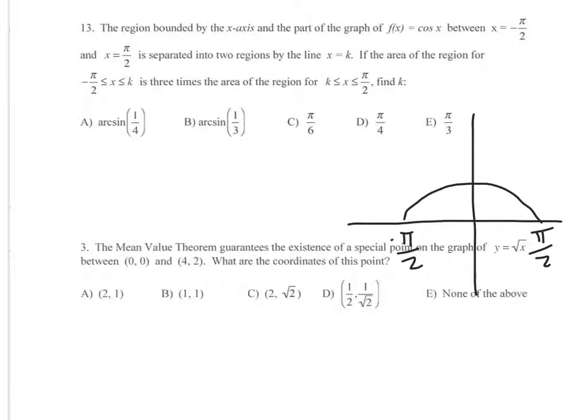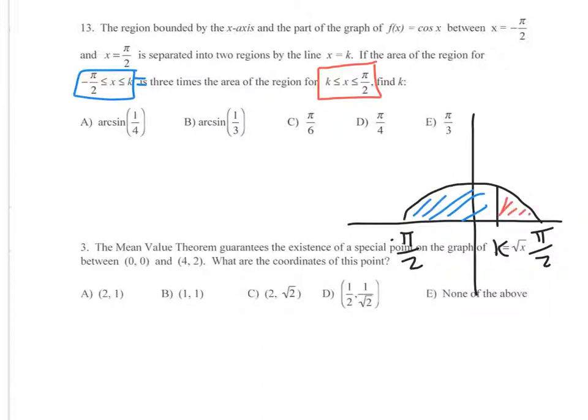If the area of the region for this is going to be an equal sign there, 3 times the area of this region. Okay, and so it might take you a second, but you can kind of figure out K is going to be over on this side. Kind of want to draw it accurately here, and so the blue area is equal to 3 times the red